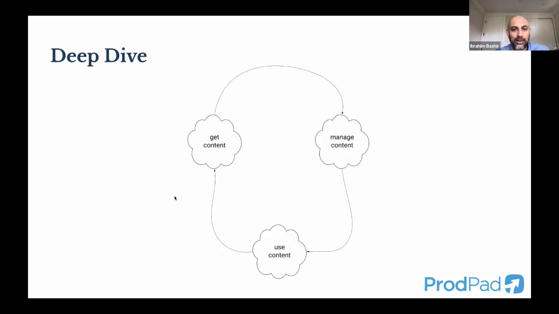And you guys can guess where I'm going with this. That's their flywheel: get content, manage content, use content. Now, not all flywheels end up in three steps. I'm oversimplifying a lot of these products just for brevity's sake, but you can see through that exercise how, for your core product or a product that you're looking at, you can spend some time and try to figure out what is the core loop here. And if you can't figure out a core loop, if there's no repeatable motion that you're trying to get people to arrive at when they start and onboard and mature in your product, you might not have a flywheel. And that can be dangerous because you don't really have an aha moment, or you don't have a structured way of getting people to stickiness and adoption.